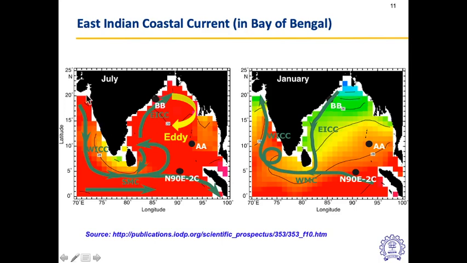And that's why not only the Arabian Sea branch is important for southwest monsoon, the Bay of Bengal branch is extremely important because of this East Indian coastal current, it helps in generation of systems. Many depressions, many well-marked low systems are formed in Bay of Bengal. Bay of Bengal is very energetic compared to Arabian Sea.